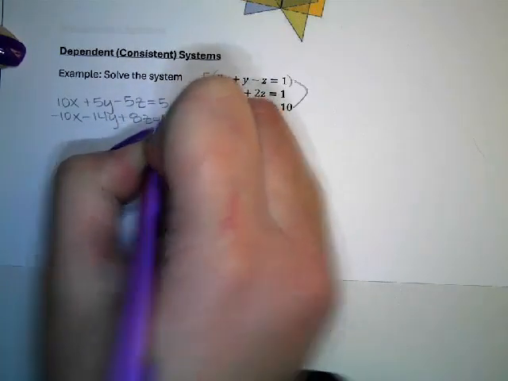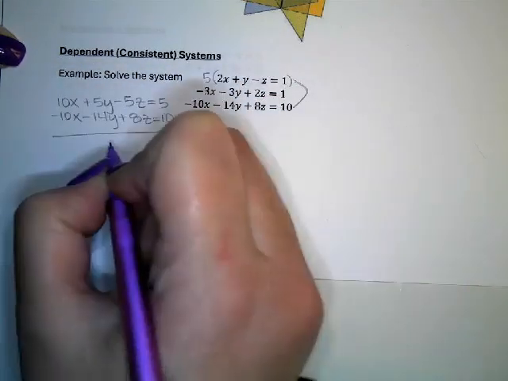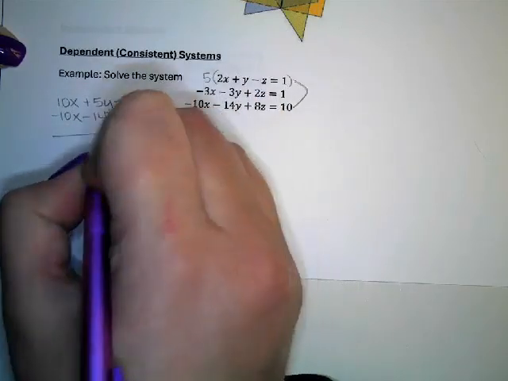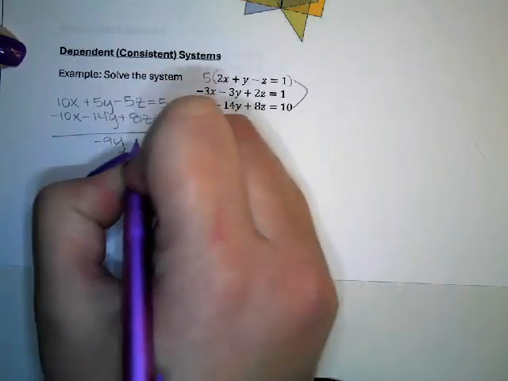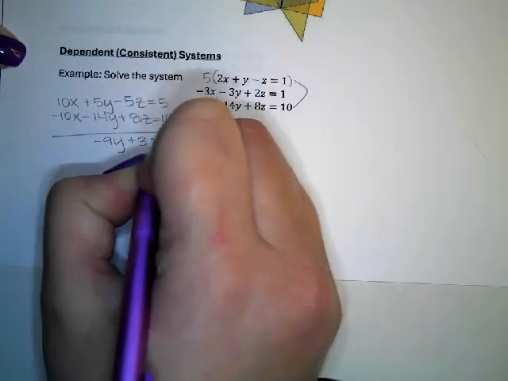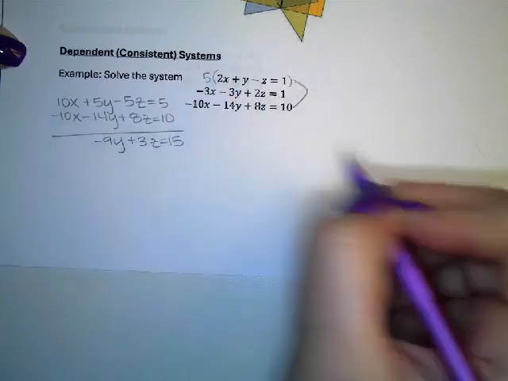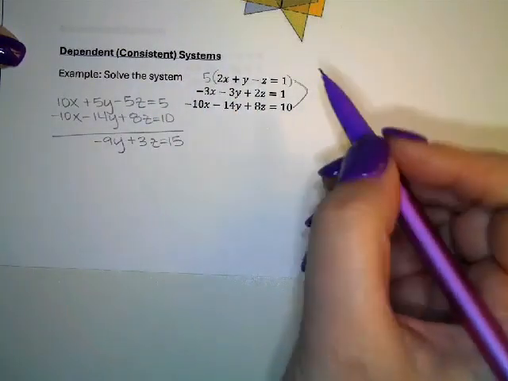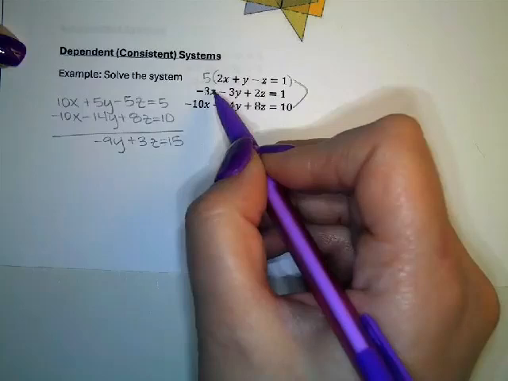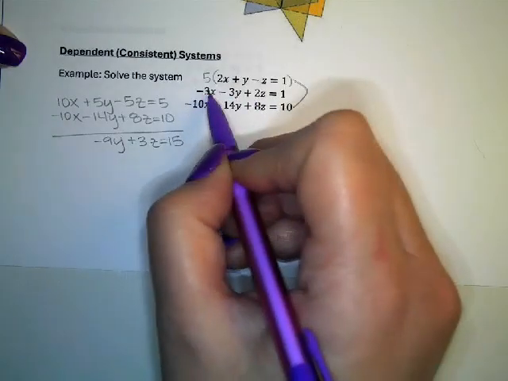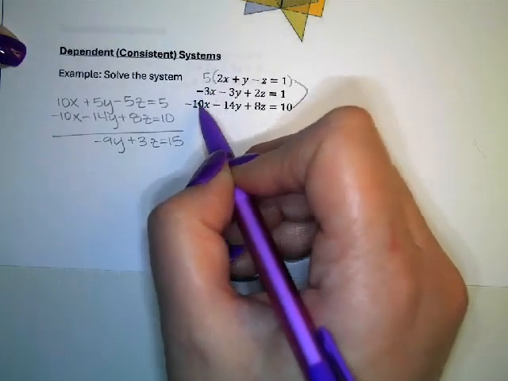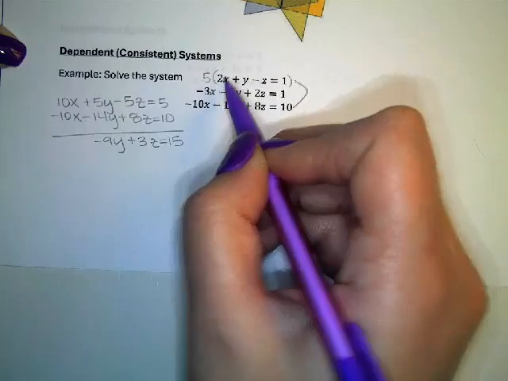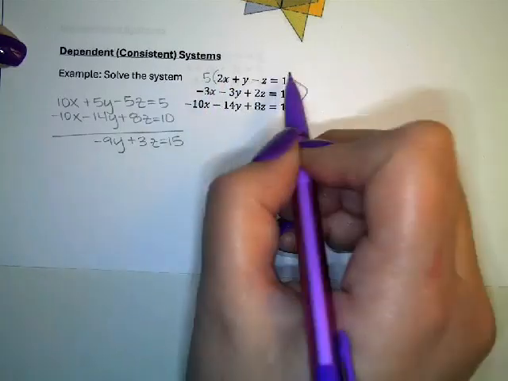So the x's disappear. We have negative 9y plus 3z equals 15. So now I'm going to hang on to that one. And then from here, I have to use the second equation. I can use the second with the third or the second with the first. And the second with the first is going to be a little bit easier to eliminate the same variable, the